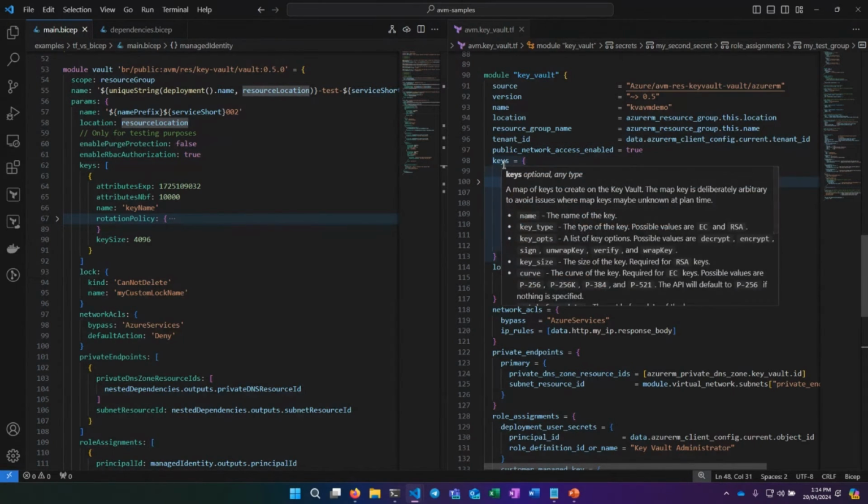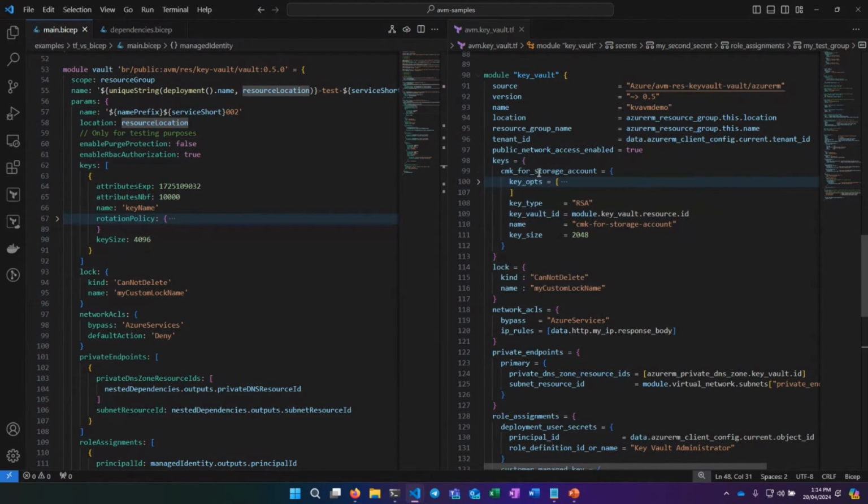And you can see when I hover over, you get rich IntelliSense from the module. That's because the types in the module are very well defined, and there's a very good description underpinning it, which makes for a very good IntelliSense experience from within Visual Studio Code or your editor.